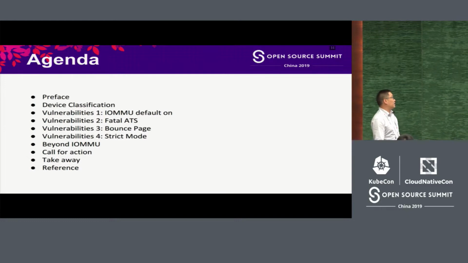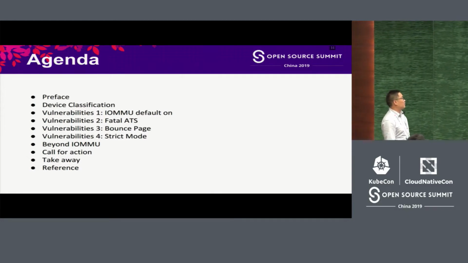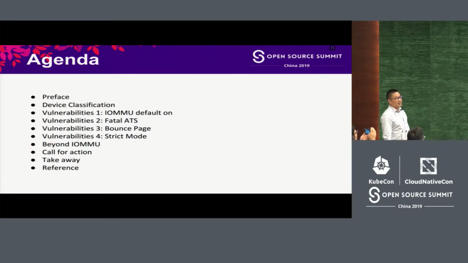This is what I'm going to talk about. This is the agenda today. First, a brief intro, and the second will be device classification in security environment, and the third is the vulnerabilities that we have discovered and fixed. It's all relevant with GNA and some thoughts to share, and our to-do list, and finally a conclusion and some references.